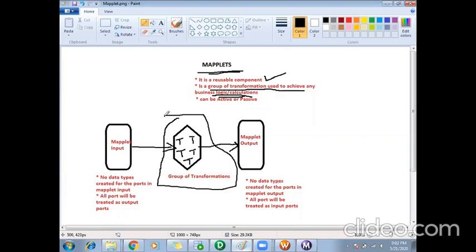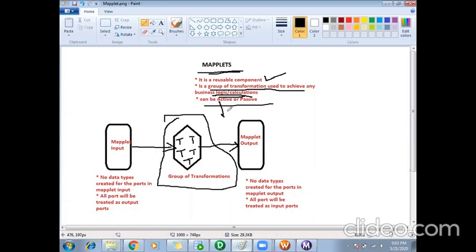Okay, it can have any number of transformations, and this maplet again I can tell it as active or passive. When it will be active, if all the transformations you have used in the maplet are active transformations, then your maplet will also act as an active maplet.